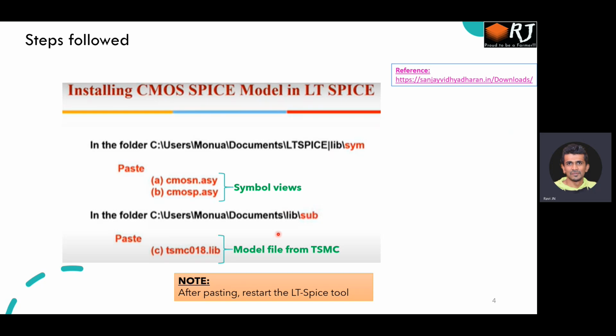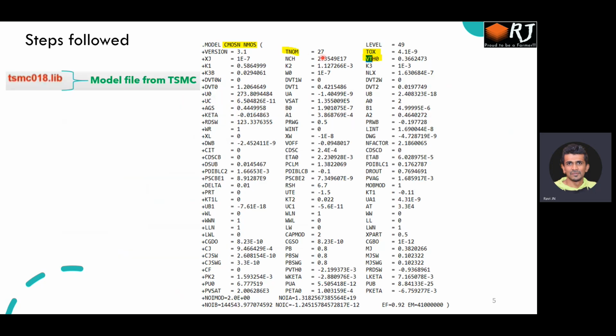That's why you need to relaunch your LTspice. Okay, don't forget that part. So here is an example of a model file from TSMC. As you can see, this is an example for NMOS, CMOSN for NMOS, and there are at least 20